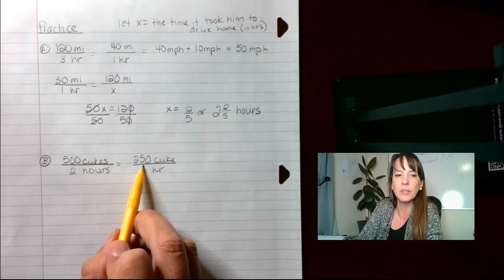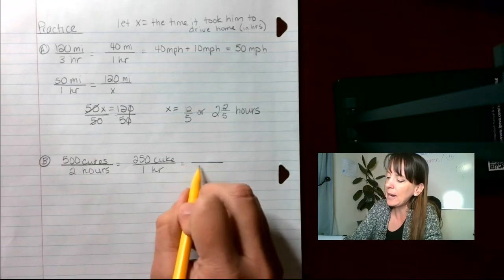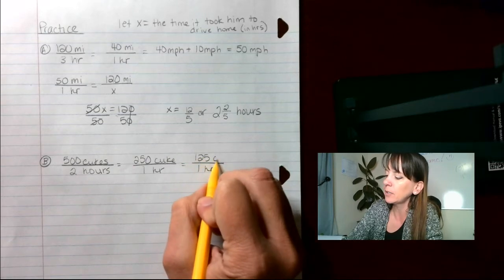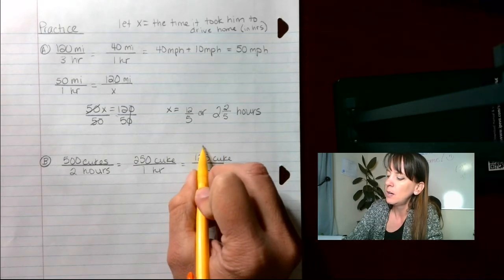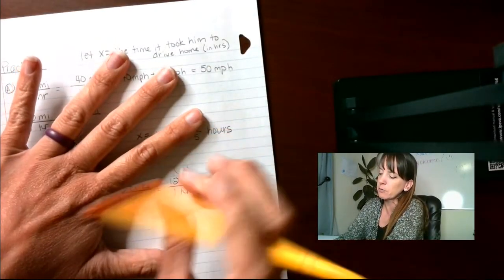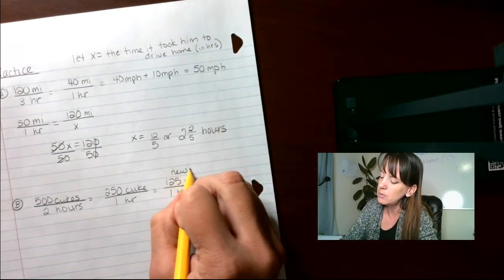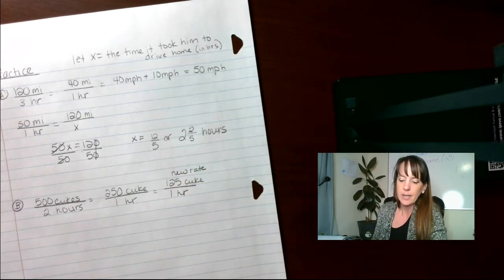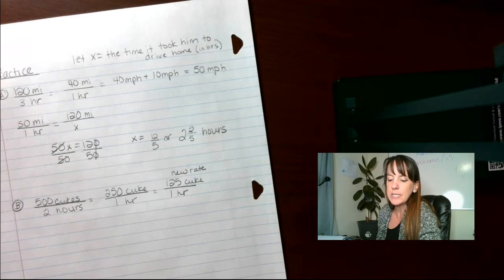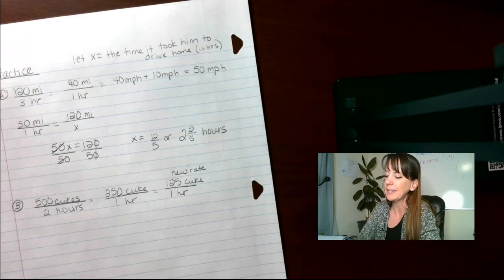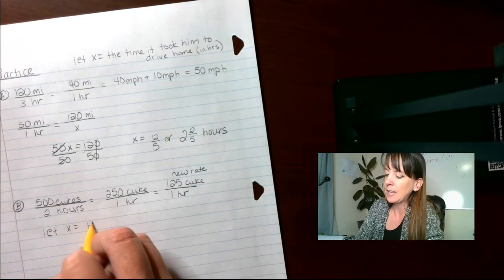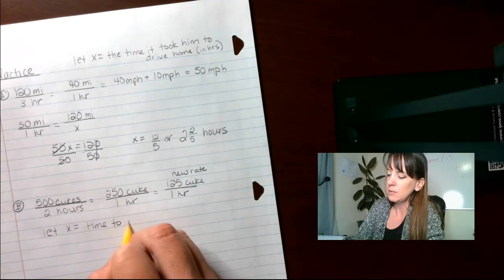Oh, okay, so now she took this. It's still gonna be 1 hour, but now she cut that in half, so it's 125 cucumbers. This is reduced, or I should say the new rate. I probably should have written that about new rate. Okay, it is 125 in an hour. How long would it take her to pickle 2,000 cucumbers at the new rate? Let X equal time to pickle